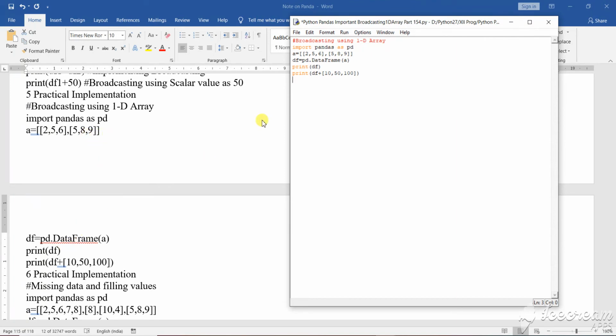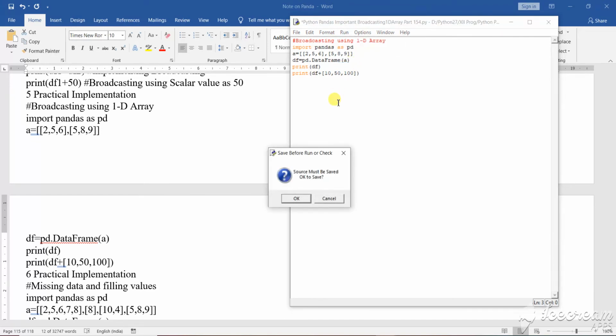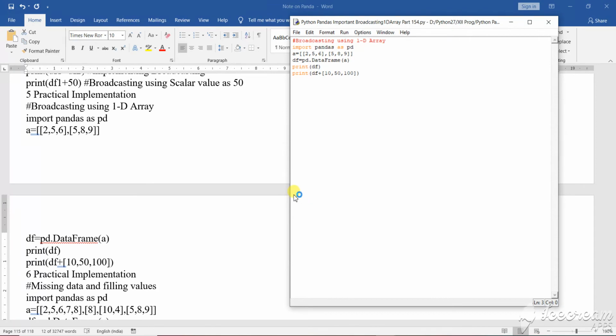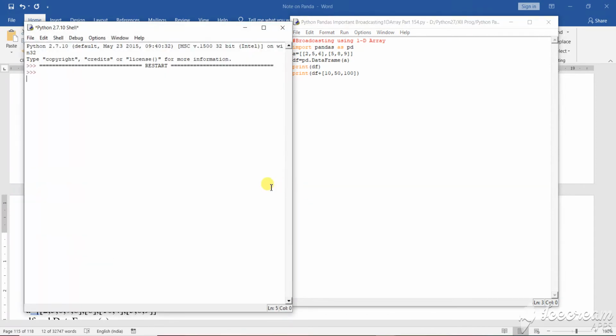As I have taken a one-dimensional array and a data frame df, I have added different values. You see here, in one case 10, then 50, then 100. How it does the work is a very important thing. See these array structures, the values 256 and 589.